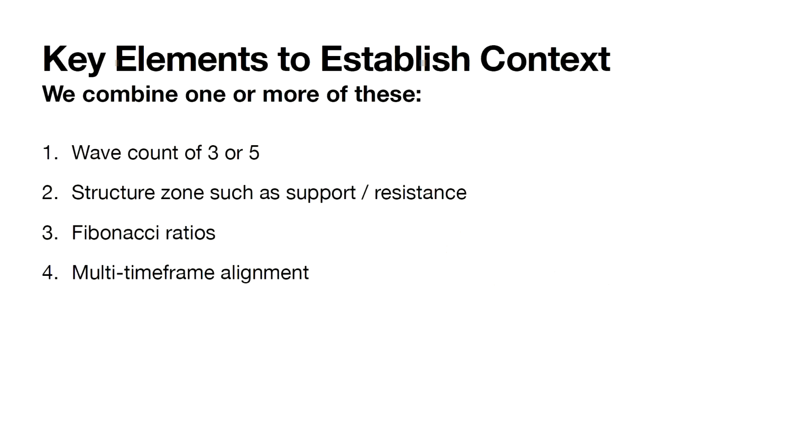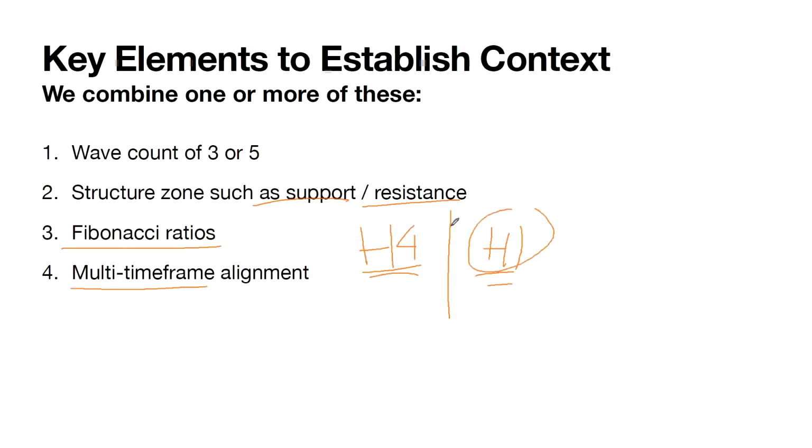Last one here is the multi-time frame perspective. This one is where I play around with 2 primary time frames, H1 and H4. H4 is what I call a higher time frame. H1 is what I call an execution time frame. H4 basically means if today we have a pattern entering a key support and resistance, or key Fibonacci ratios, then I'll go down to the hourly to look for a trade. I'll show you some examples in a while, but just want to highlight a little bit of all this here.